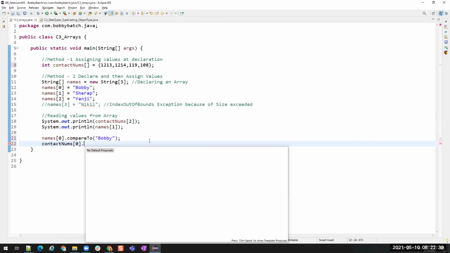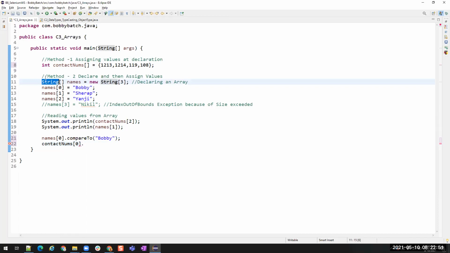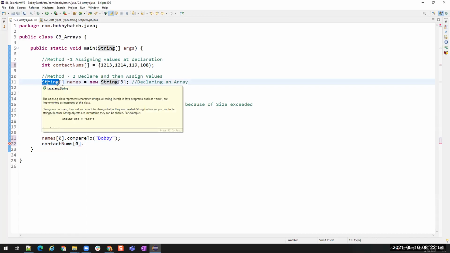Nothing. If you want to perform any operation on this, you have to write it on your own. If you want to compare this number, if you want to do anything, you have to write it on your own, primitive. But reference, this is a class, and inside this class, we have all the methods that are needed for performing operations on these strings.